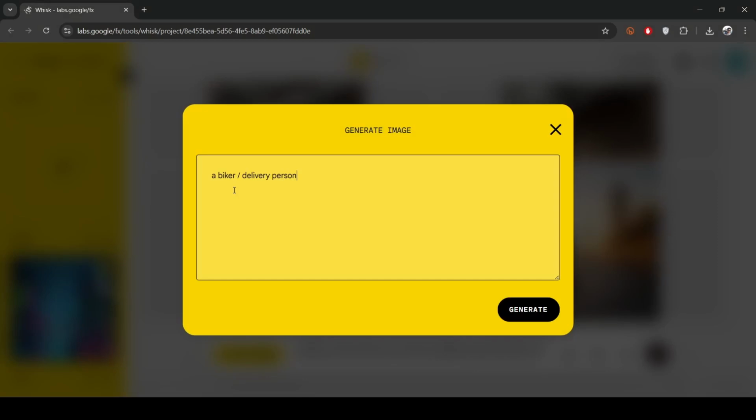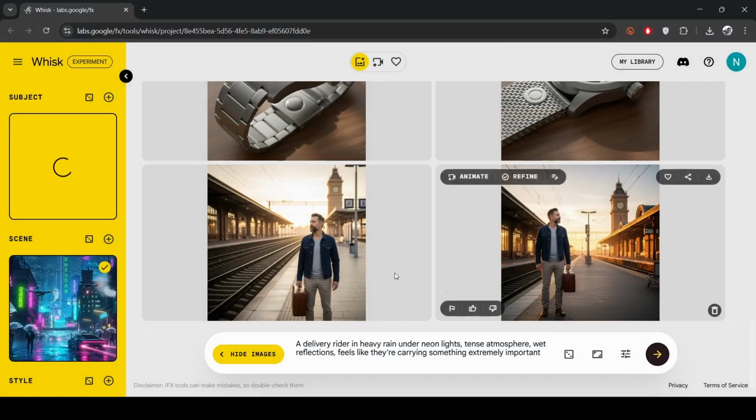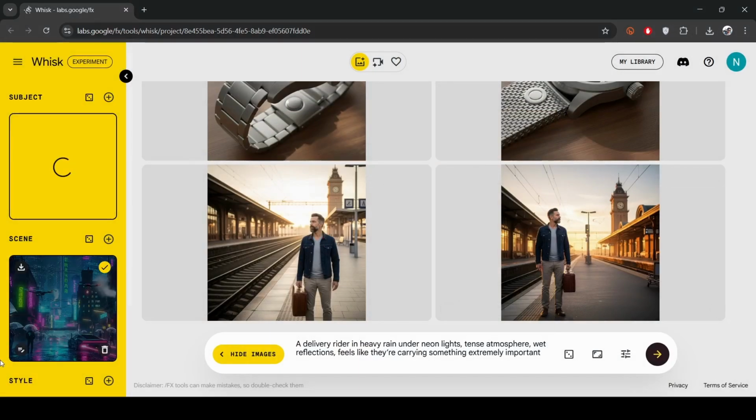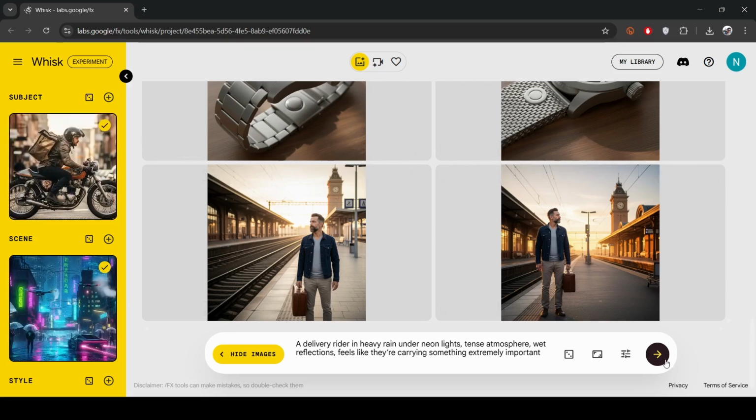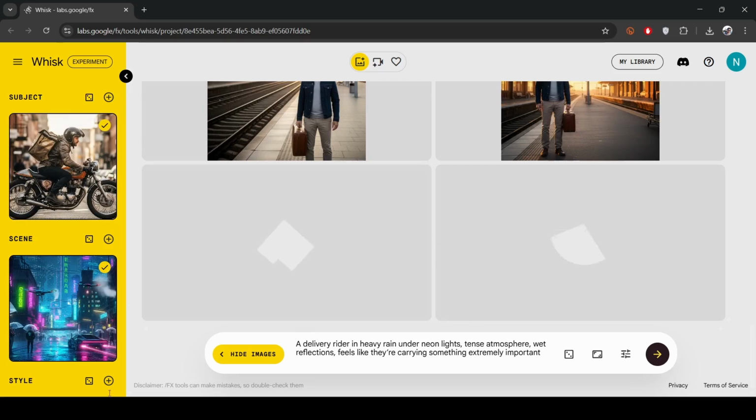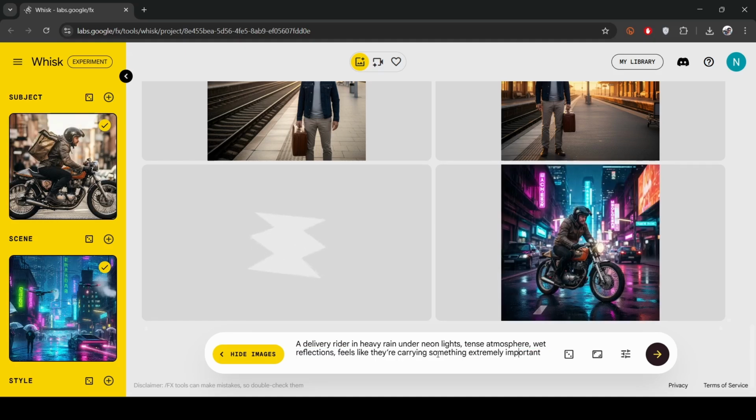There I'm saying bike delivery person. Okay, so you can see it as a noisy rainy season street view. Okay, let's generate this one. So ideally it should fit this person in this one, and based on some more context which I have added over here. You see,